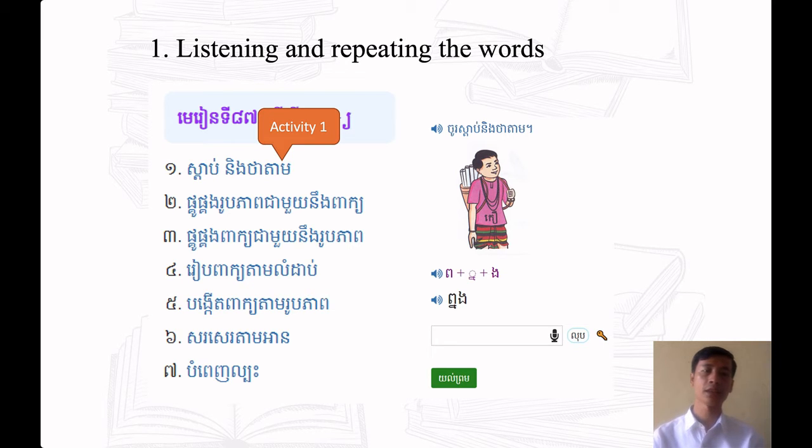This is activity number 1 for the student: listening and repeating the word. The student looks at the picture and the keyword, and then can press the button to hear the word, a single word. After the student listens and practices with this word, the student can rehearse the sound to correct it. The student presses this button to say the word, which records into the box, and then the student uses agree.